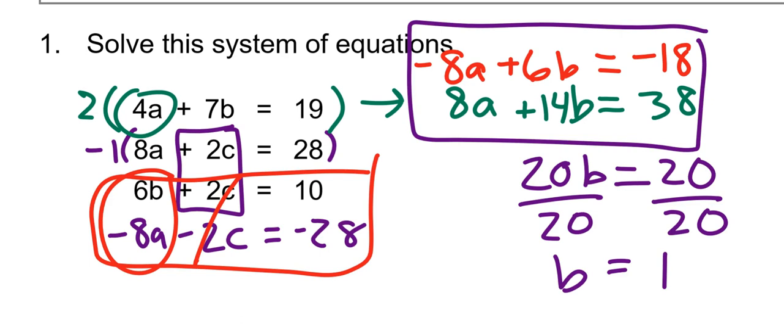B equals 1. Show me how to find A and C. After you found B equals 1,